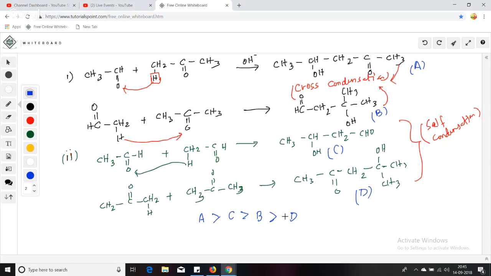The simple reason is that we already know aldehydes are more reactive than ketones. So when the ketones are taking part in the reaction, it is less reactive, so obviously the percentage of D will be less over here. Okay, now